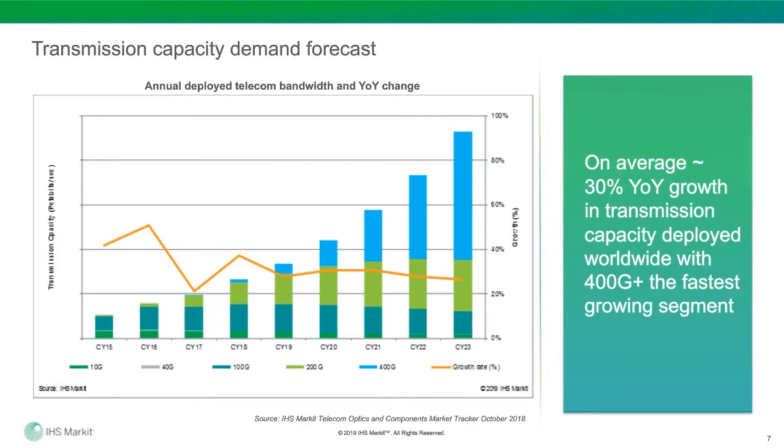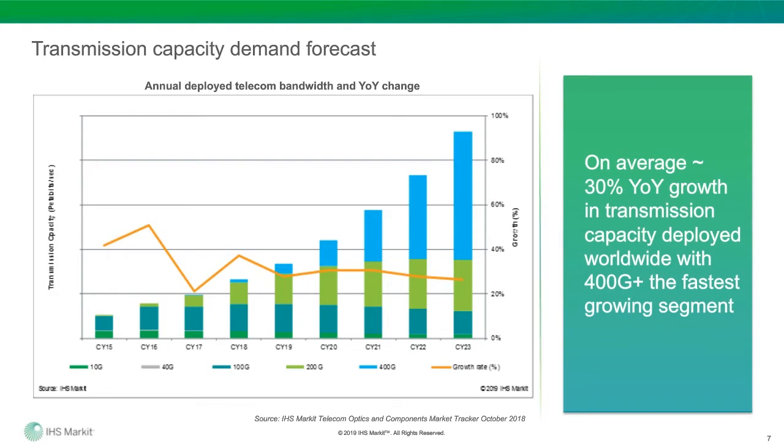If you use deployed bandwidth, or deployed transceivers, as a proxy for bandwidth growth, what we're really seeing is a growth rate from 2018 to 2023 of around 30%